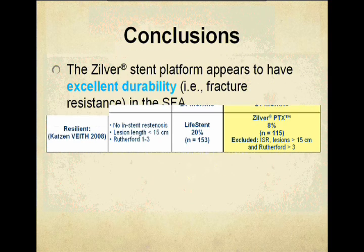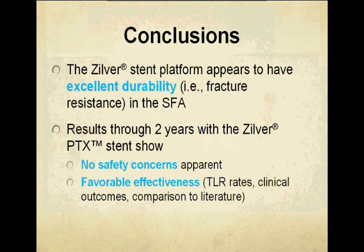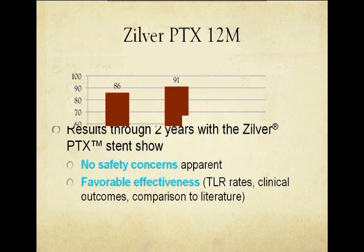So the Zilver stent appears to have excellent durability. Results through 2 years show no safety concerns and favorable effectiveness. When you look at the 12-month data on this Zilver PTX stent, you can see that the primary patency rate